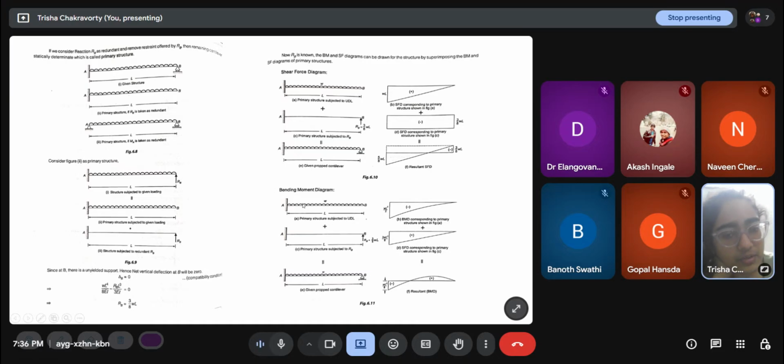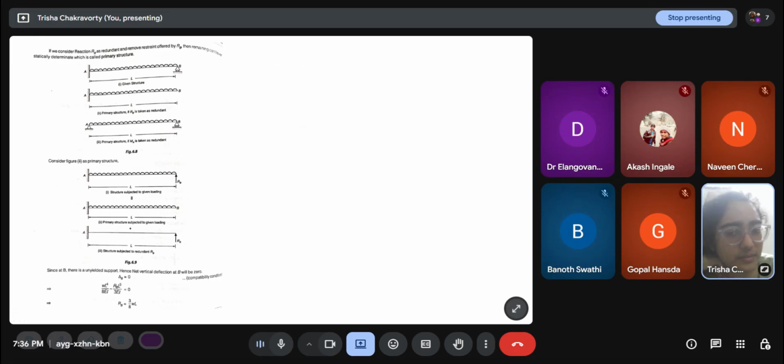And for the bending moment diagram, a cantilever under UDL has a second degree curve, and for this we have a straight line. Again, when we superimpose those, we have a net diagram. You don't get the exact equation of this, but you know the nature of how it will look.